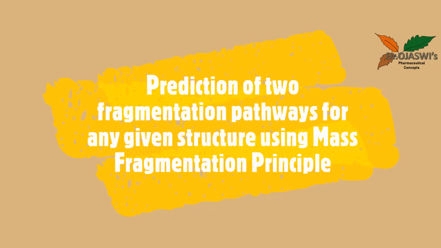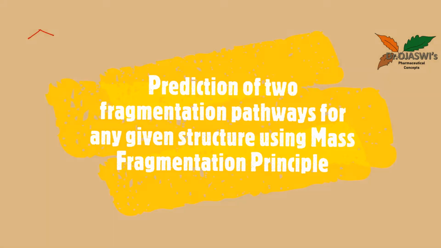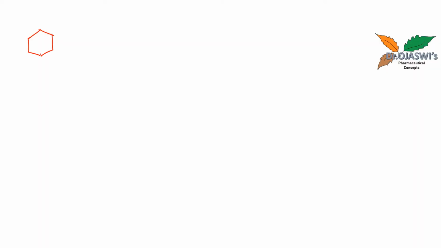So today we are learning two fragmentation pathways for this particular structure. So it's a benzene ring on which we have this CH2OH. As we all know, when any particular structure is to be fragmented by mass fragmentation, as per the principle of mass spectrometry, the electron beam inside the instrument is bombarded onto the gaseous sample, and this beam removes the loosely bound electron from the sample, which makes the molecular ion.